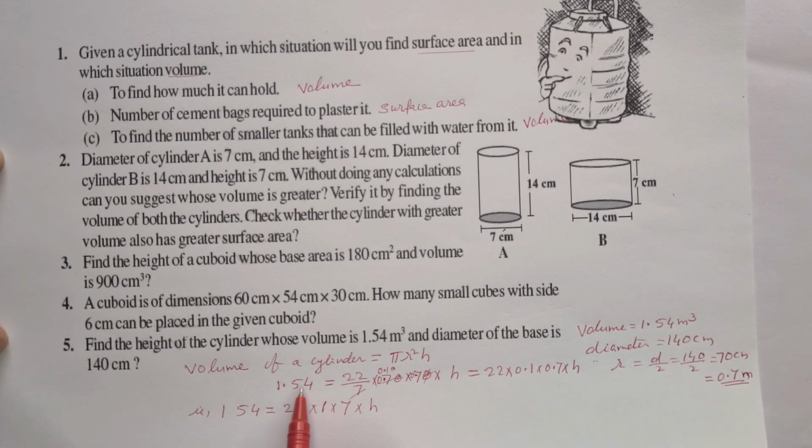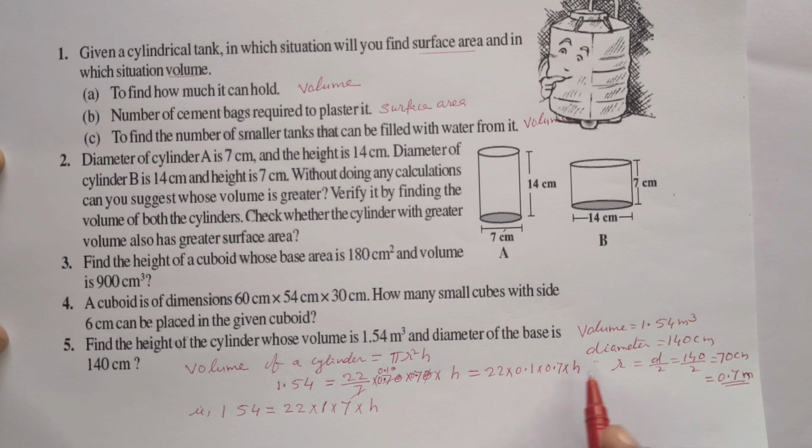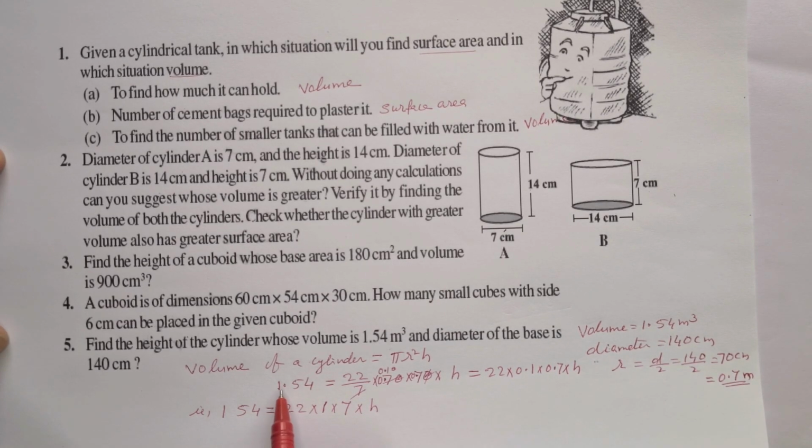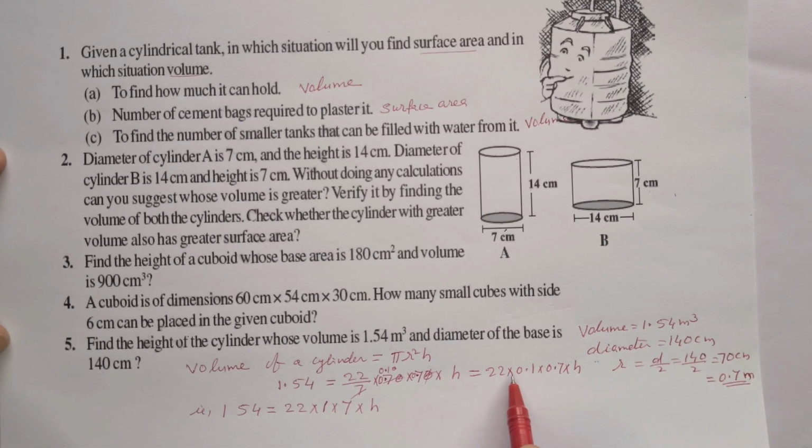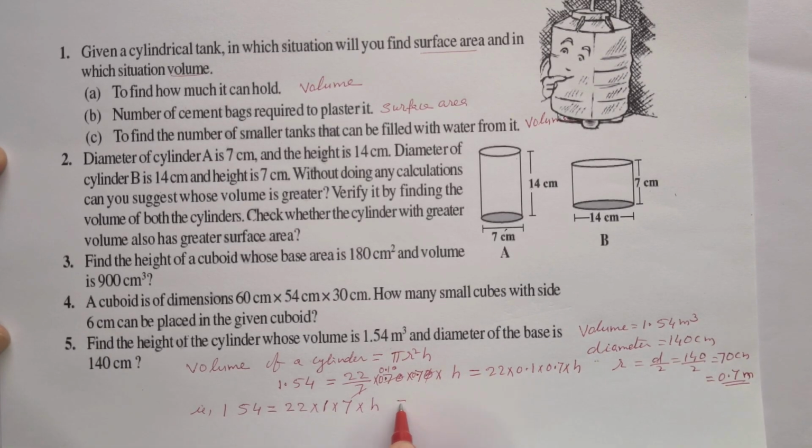Left side we can see 2 decimal places, right side also 2 decimal places. So multiply by 100 both sides, then we can avoid the decimal point. When we multiply the left side by 100, it becomes 154. Right side with 100, both the decimal places we can remove. That means 22 into 1 into 7, which is equal to,